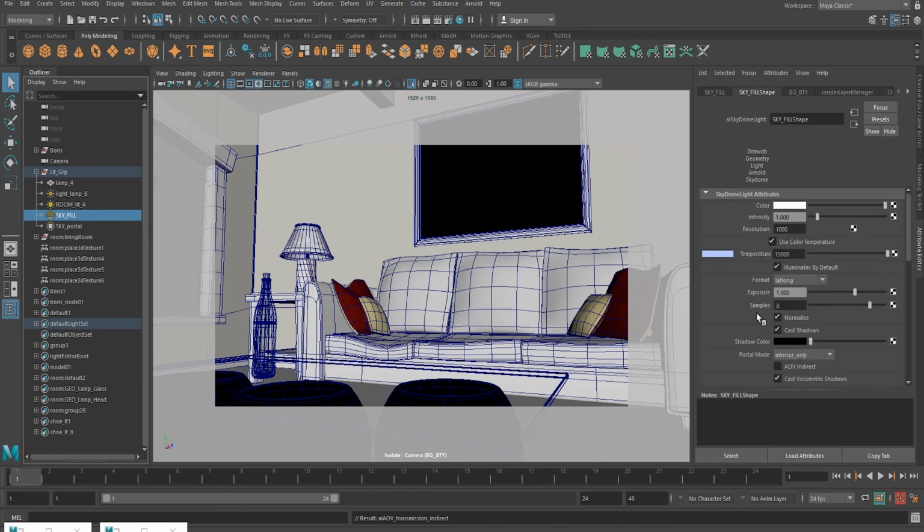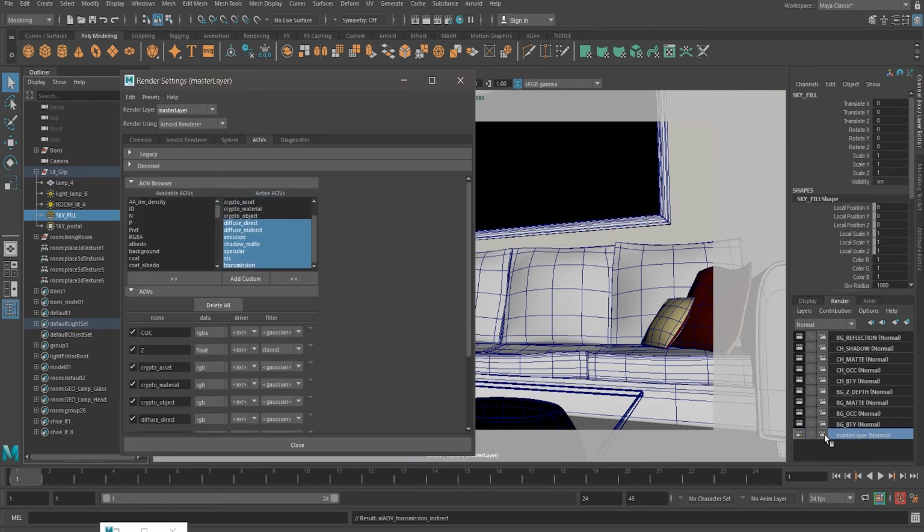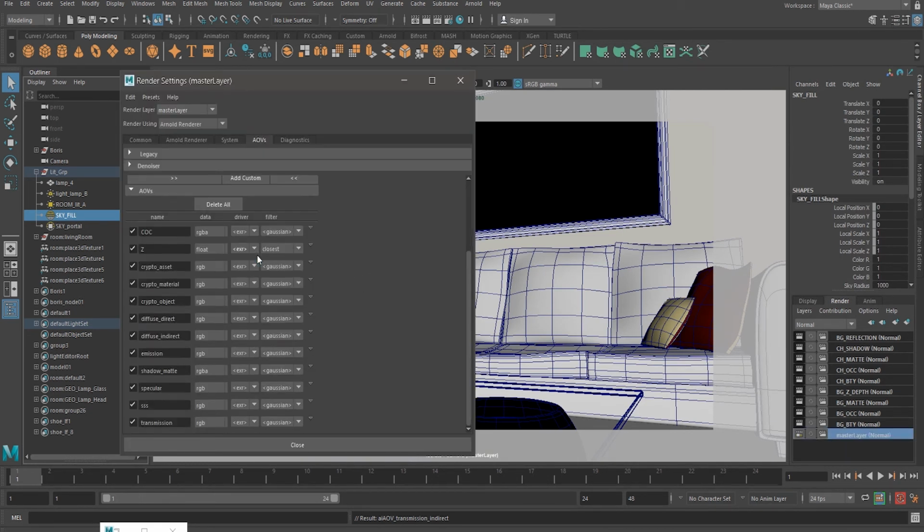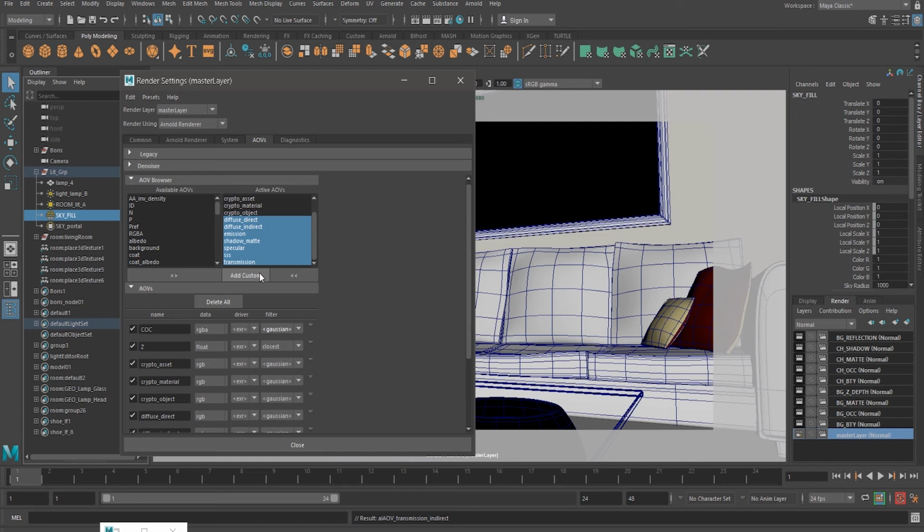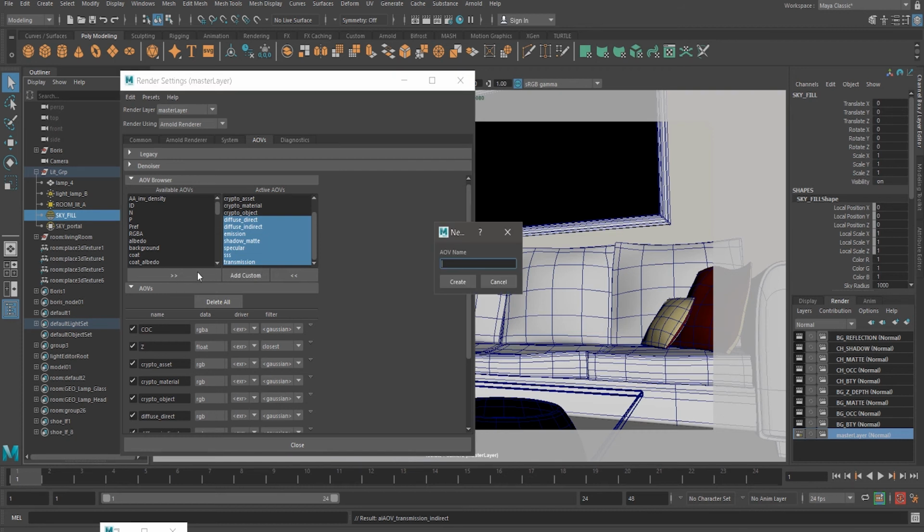After this, we have to go to render setup, and in here you will find this option called add custom. So you can create your own AOVs. Click on add custom, and we have to write RGBA underscore A and click on create.